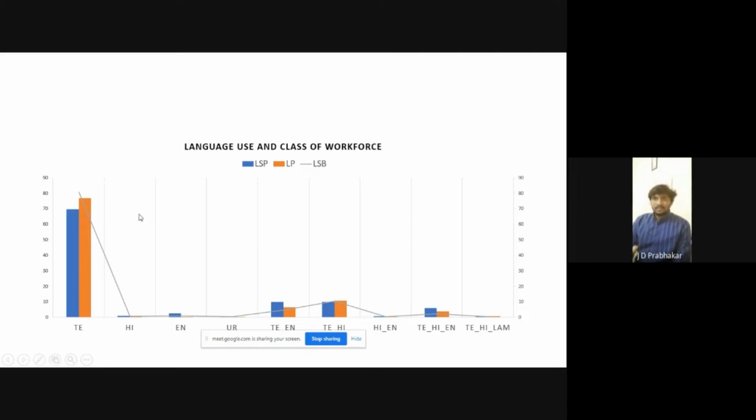So Telugu language, if I see this gray arrow mark is going up. So Telugu is used more with language with subordinate. So employees who speak to their subordinates, they use more Telugu,